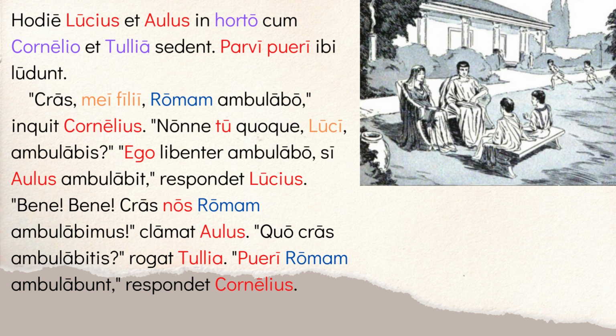Romam. So in this one paragraph, they gave you the same verb, which is why I like this book, the repetition. They gave you the verb to walk, and they gave you all 6 versions of it in future tense. You have ambulabo, ambulabis, ambulabit, ambulabimus, ambulabitis, and ambulabunt. So I will walk, you will walk, and down the line, right? They're just talking about what they're going to do tomorrow. So it's meant to be repetitive.